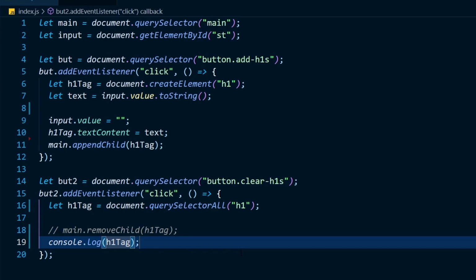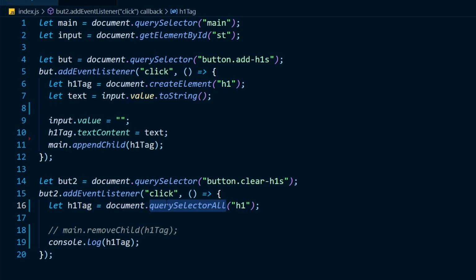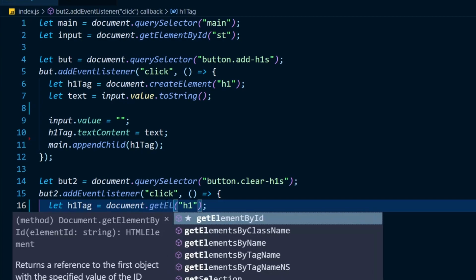It does not care if you have other elements as well, but it always selects a single element. Now this is not the only way to select all the elements or all the h1 tags or any specific HTML tag. You can also do get element. We already saw get element by id. It returns a single element with that specific id, because we cannot have duplicate ids inside of our HTML file.